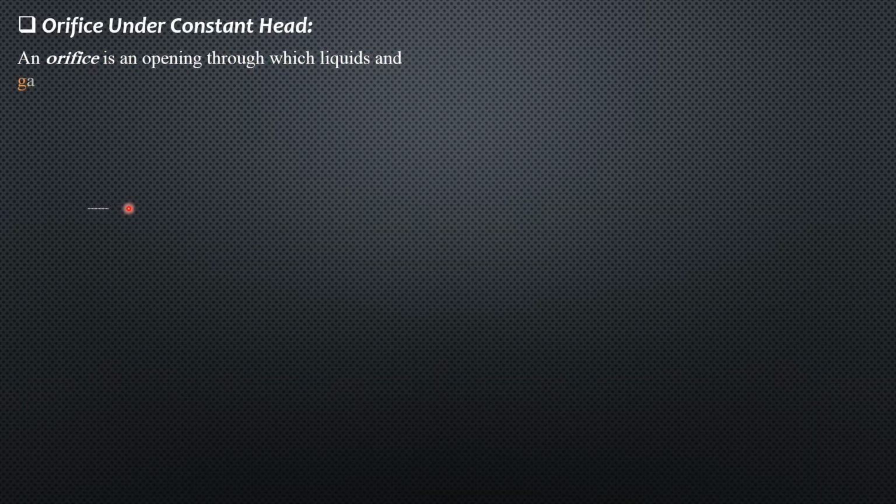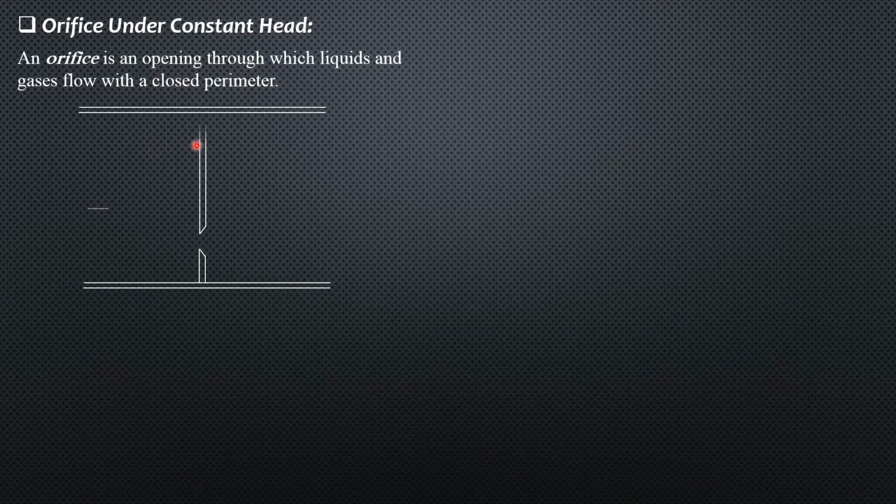So an orifice is an opening through which liquids and gases flow with a closed perimeter. So we have here the presence of a wall with the orifice here. So the liquid will flow through this orifice and it has a closed perimeter. So for these two chambers here, we have